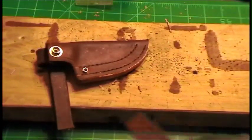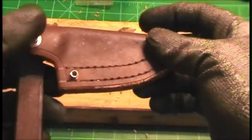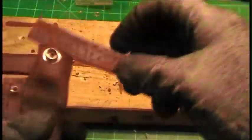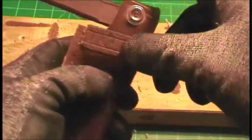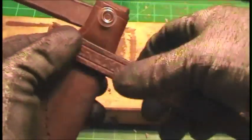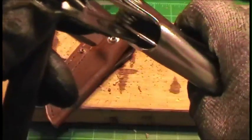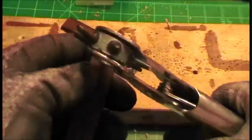Alright, now if you're wondering how I am going to mark that first hole in my scout strap, what I'm going to do is run the post of the Chicago screw through my sheath, and I'm going to eyeball that scout on there, and press the scout strap down with my thumb, and that will put an indentation into the bottom side of my sheath, and then I can just go ahead and line that mark up with my hole punch,